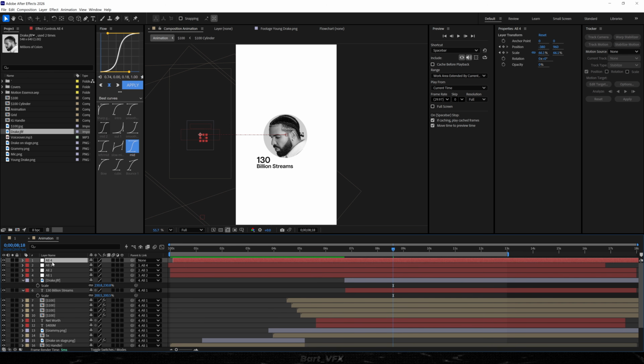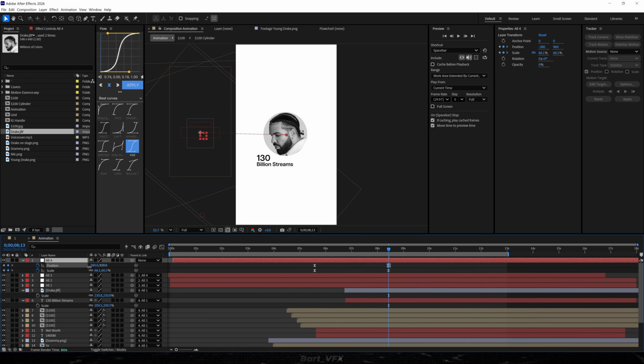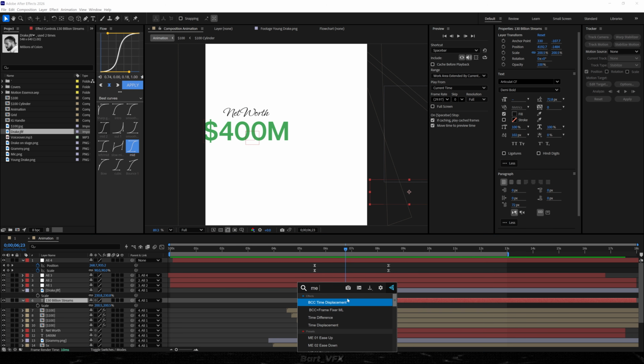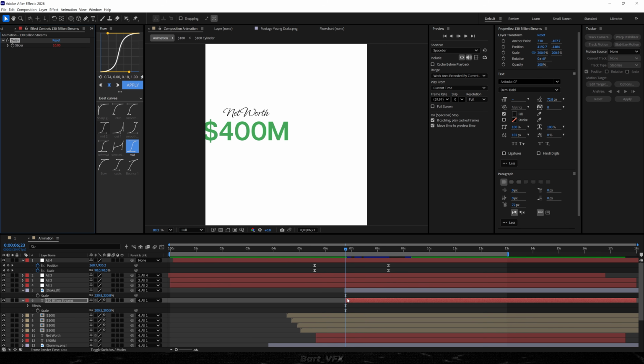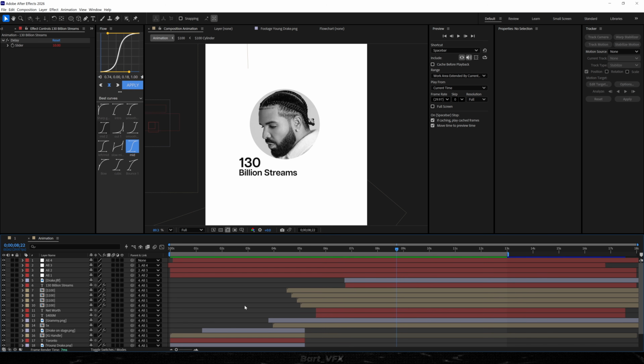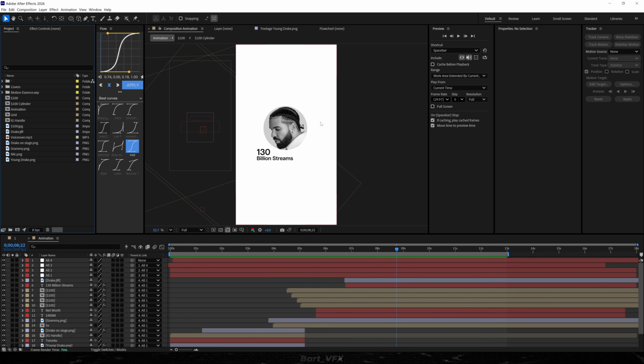And then also I'm gonna head over to all four, hit U, and I'm just gonna go down. Also, I'm thinking about adding a text animation over here, so I'm gonna go for ME01. This is from my pack, but you can use anything you want. Alright, looks cool. So now we're gonna reveal album covers around Drake, but for this, we're gonna create a new composition